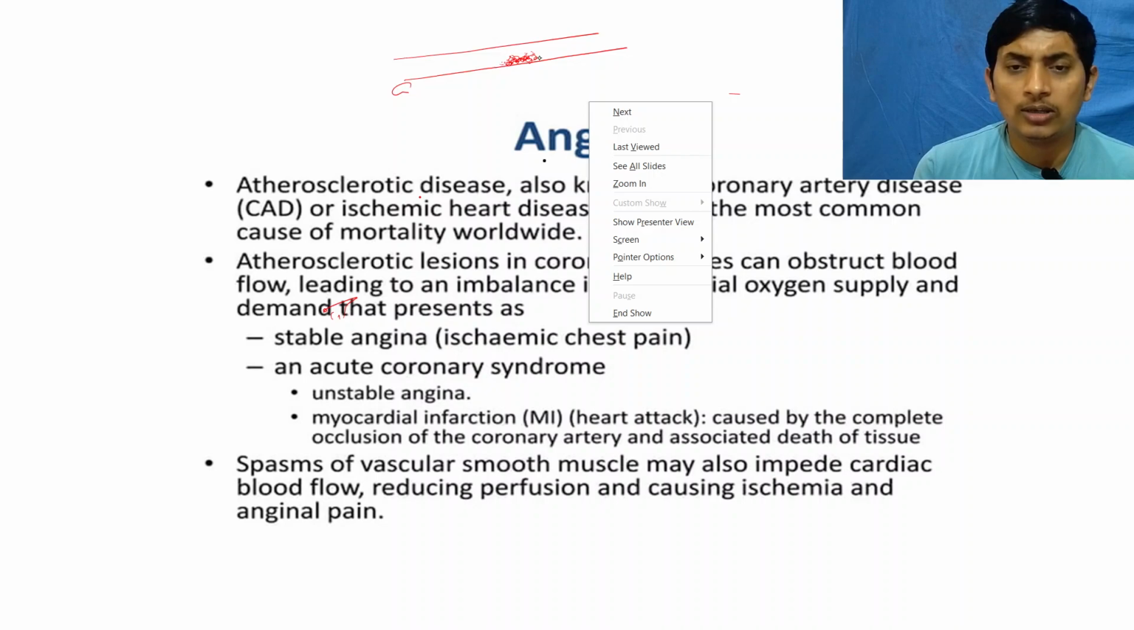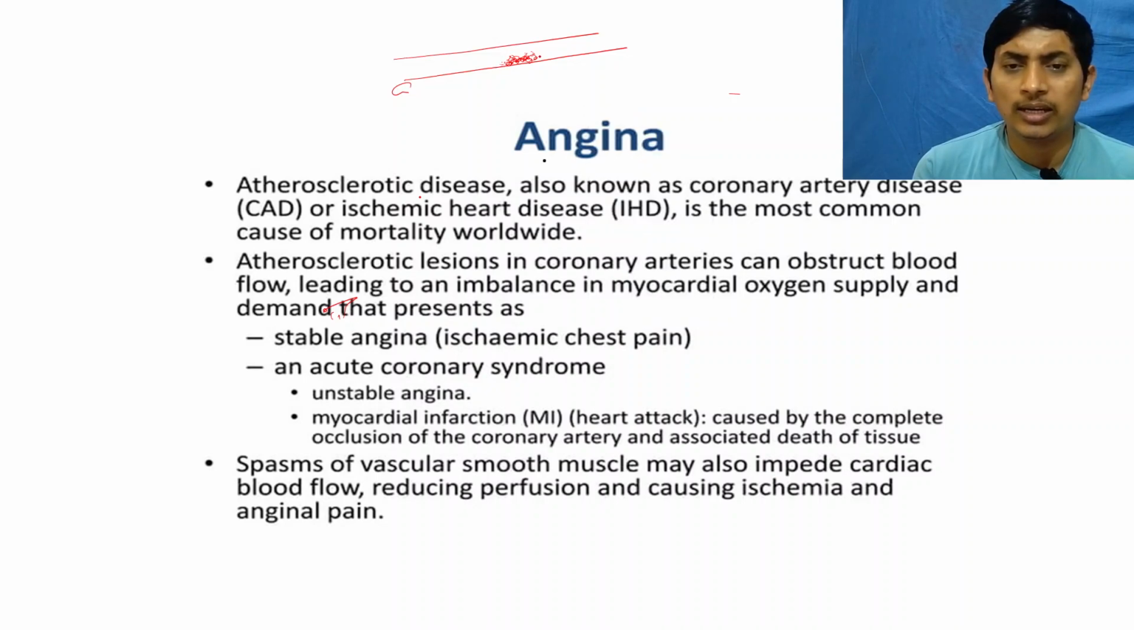Okay, so when lots of fats are deposited here, you can see in this area, that is called the accumulation, or you can say the deposition, and it forms atheroma. So this mainly causes reduced oxygen supply. Suppose this is a coronary artery and this is the heart muscle. Here the oxygen supply becomes reduced, and it is called